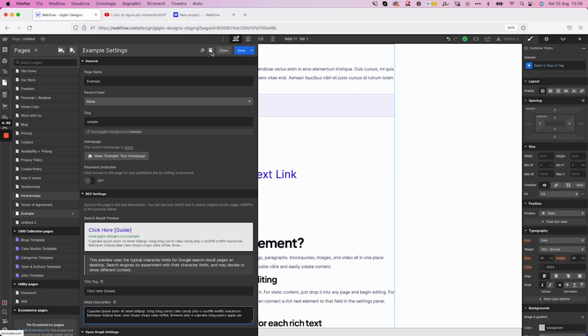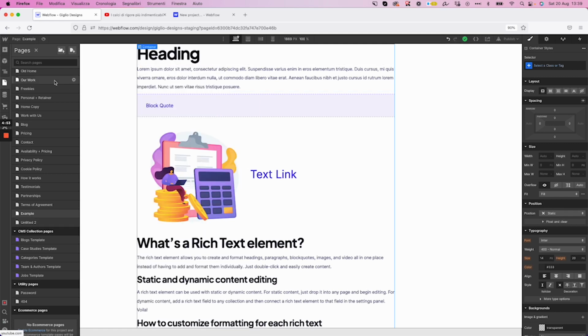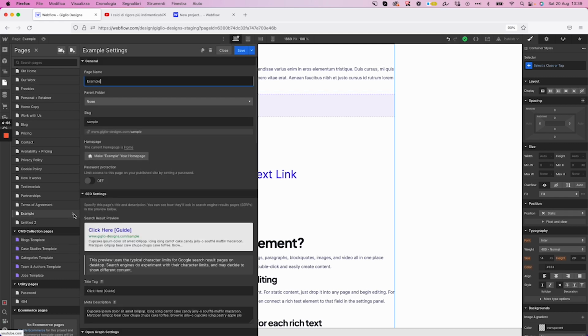And once you're done with all of this, you can click on save. You can also save as a draft if you click on the arrow. And if you want to close, you're not going to be able to retrieve this information I just changed. So we're just going to click on save for the time being. Let's use the cogwheel again. And I want to show you two more